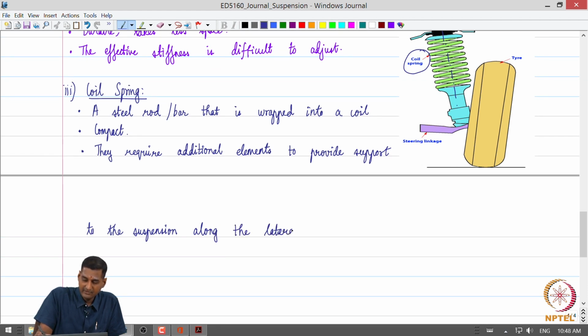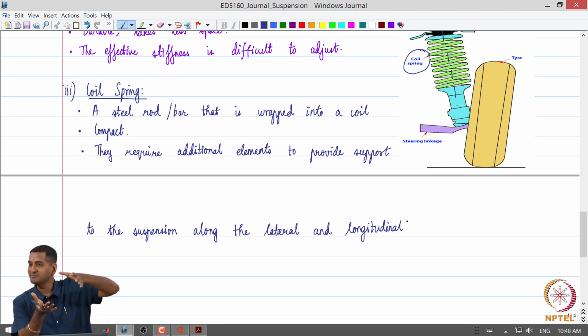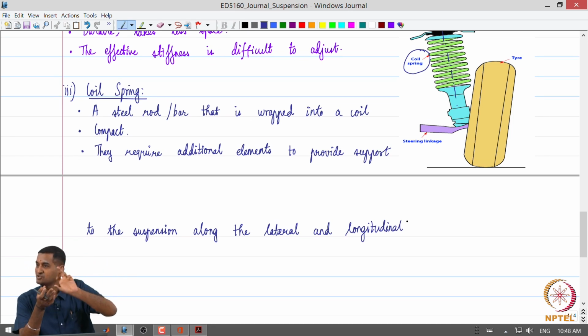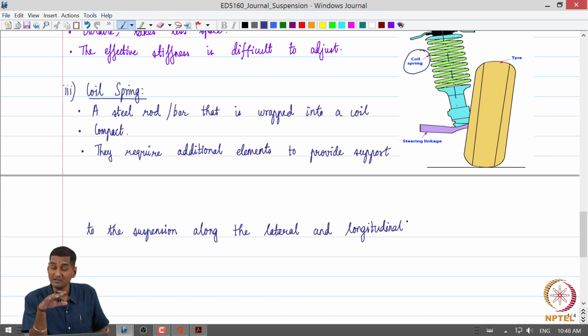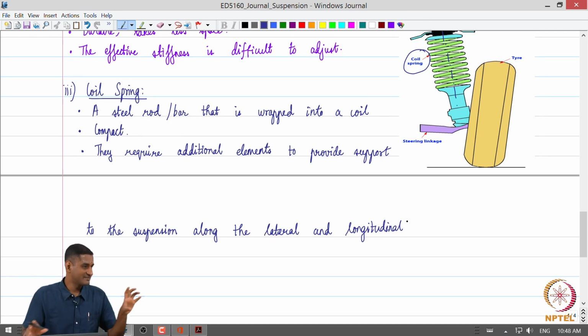lateral and longitudinal directions. See, at a very broad level, one can think of a suspension as something which connects the wheel assembly, the axle, to the vehicle body. So, that is a connection, right. When we are connecting it, it should provide some support, some compliance along all the axes, not only the vertical, but also longitudinal and lateral axes, and try to serve multiple purposes. It should dampen out the vibration levels along the vertical axis to result in good ride comfort, but at the same time it should try to minimize motions along the other axes like pitch, roll and so on, right. So, there are multiple requirements.